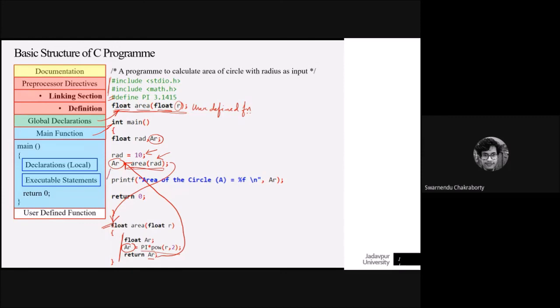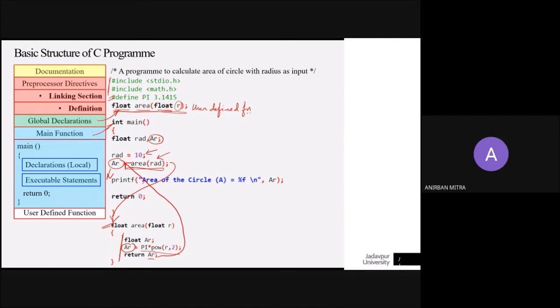Sir, it will both have to have that AR, right? I mean, that AR is essential, right? I mean, giving that area a specific name. AR is the name of the variable. It could have been anything else. It could have been capital A, small a. I am saying that in both the functions we have to. No, not required. It could have been different.